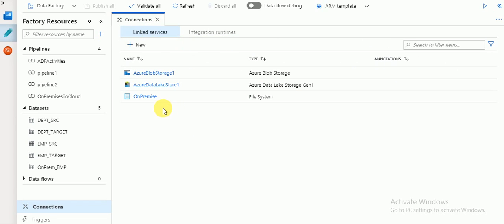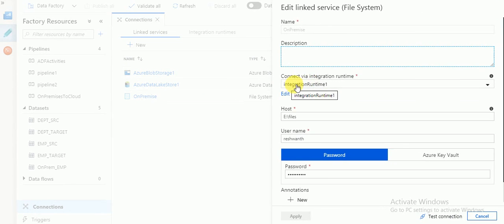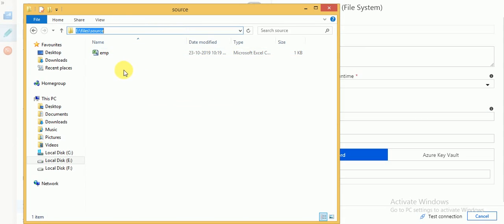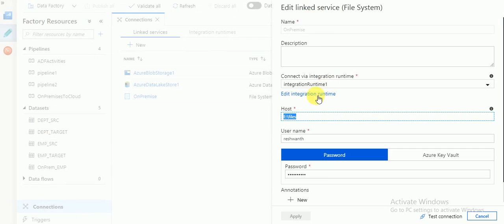My source is flat files, which are available on my local desktop. That's why I have created a file system linked service. This is the newly created runtime integration, and this is the host, the files available on my local desktop. The file is available here. I am going to copy this file from my local desktop to the cloud using